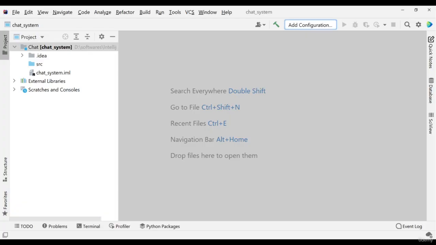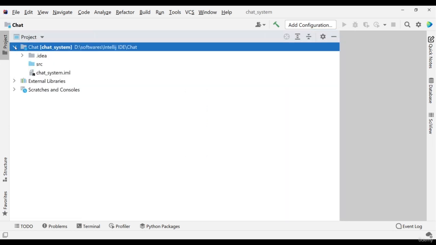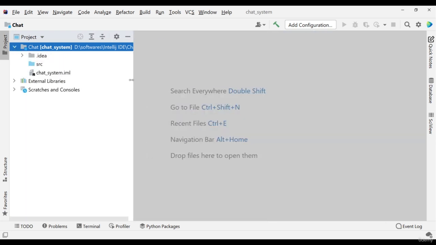You need to create a new project here, as I have already created. So this is my new project inside the Java IntelliJ IDE. You can see our project here. This is my chat system, and inside chat I have some different files. First I will explain how we are going to create it inside the command prompt itself, and I'm going to add some functions. Later I will create another program for the GUI. So this is how we can set up our project.